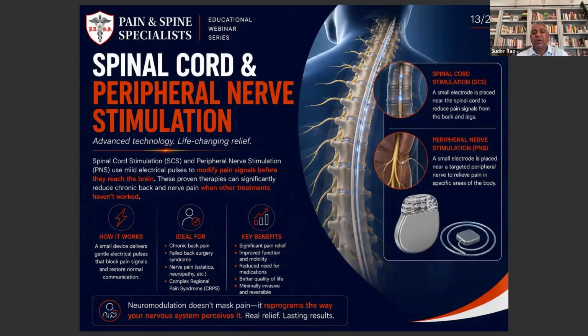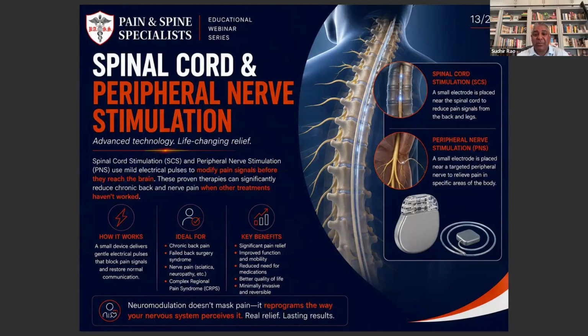In joints, it could be from the joint itself becoming so degenerated and arthritic that it can't function and causes a lot of pain. And the nerves around the joint are the ones sending those signals. So if we can modulate or change the way these nerves are sending signals, we can get really good results. So spinal cord stimulation specifically has been indicated for lumbar post-laminectomy syndrome or failed back surgery syndrome, chronic limb and trunk pain,